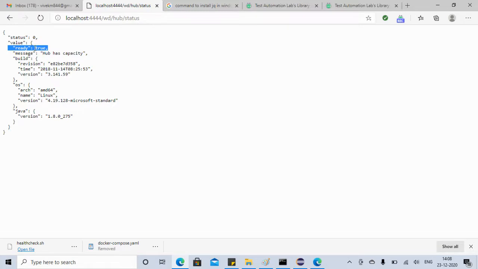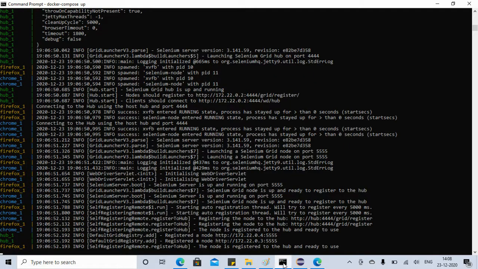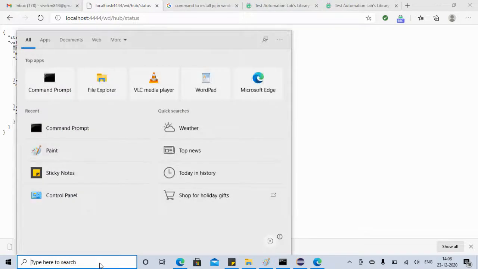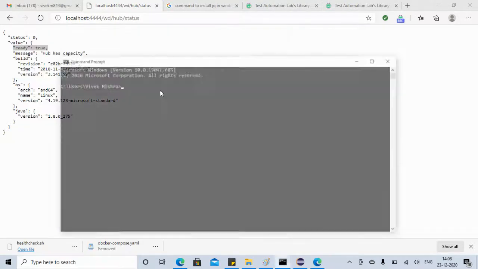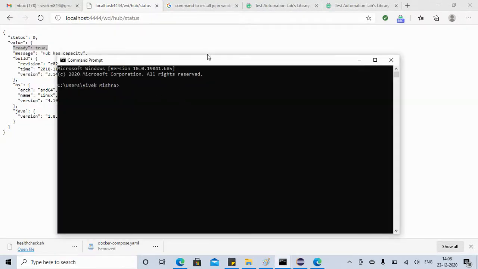Okay, so first of all, how will we execute this request, this API call, and how will we get this result, and then how will we get the value of ready? For that, let's do one thing, friends. Let me open one more command prompt. So there is something called curl. Curl can be used to execute REST APIs, the get call or post call. And we can pass the parameters.